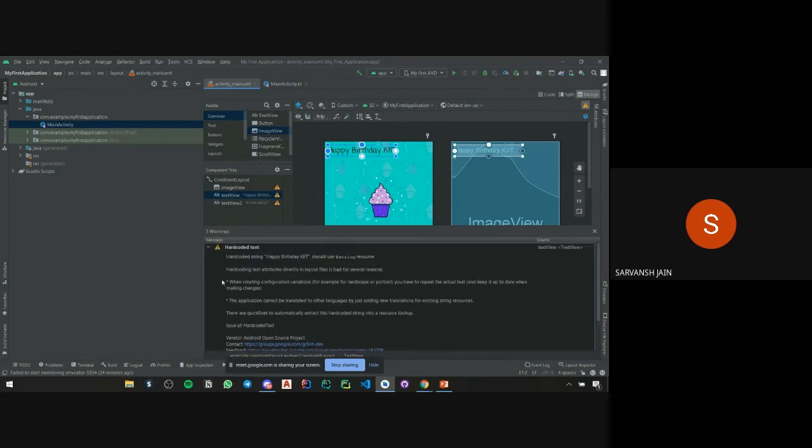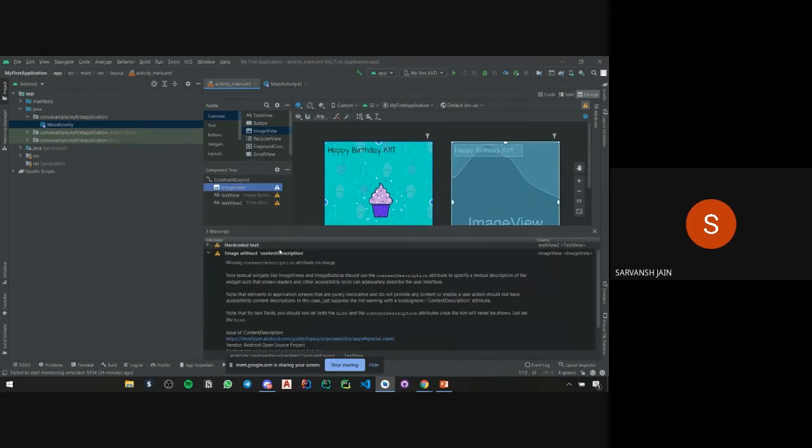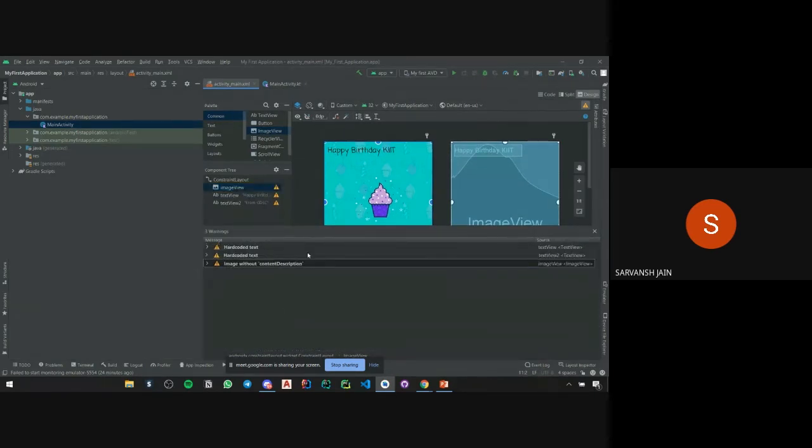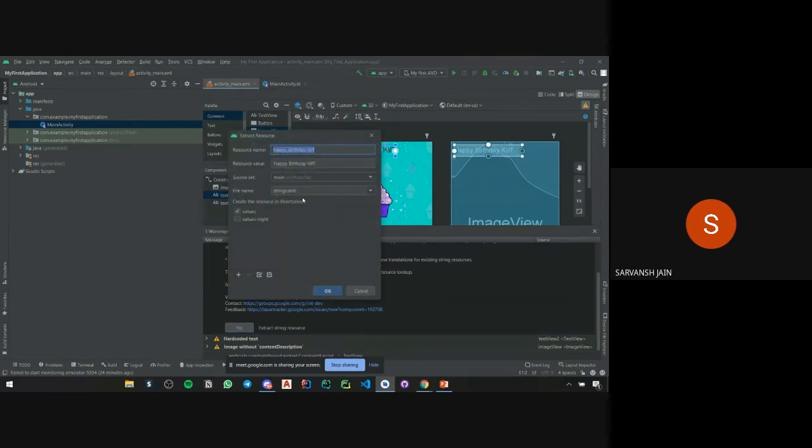So I'll tell you once again. Click on this yellow icon, then these three warnings are being shown. Expand this. On the bottom part you'll see this fix button. Click it and just go ahead with the default values, and I'll give it a name, underscore text, for future reference.